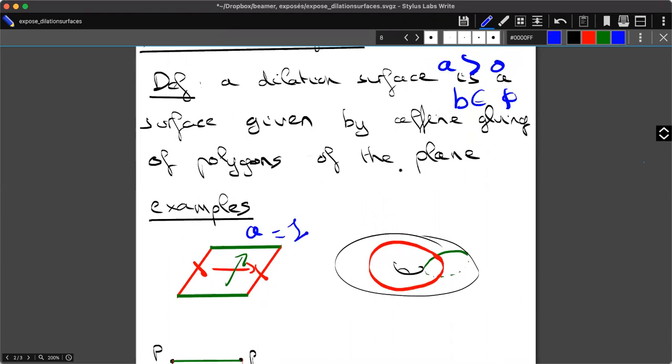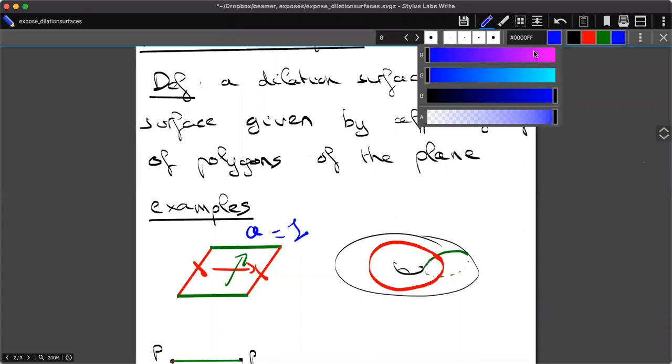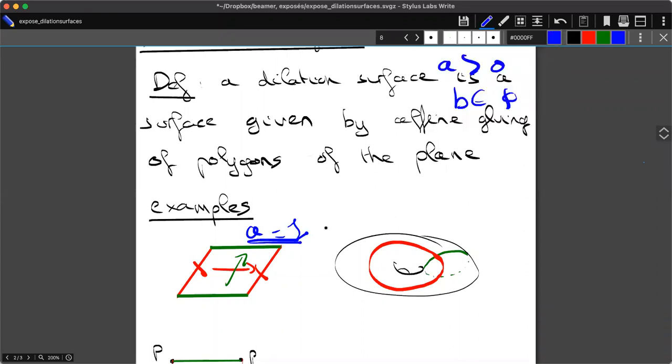On the geometric side, you recover a flat torus, which is a topological surface like a donut. And I represented the two curves that are defined by the sides of the polygon here on the surface. So that's a very first example. And this example belongs to the class of translation surfaces, because A equals 1. This class was much more studied than the one of dilation surfaces, and I will try to say a few words on this class later.